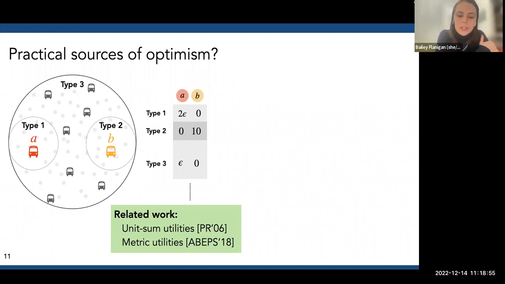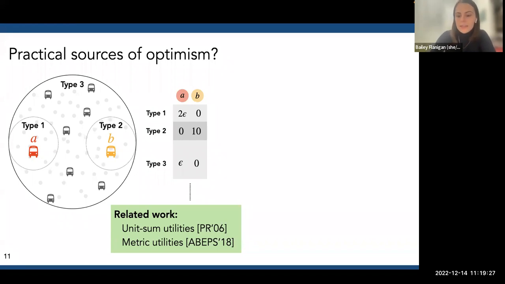So let's in particular look at unit sum utilities, which is an assumption that basically says that every single voter will have the same sum of utilities across the alternatives. And as it should, this assumption removes this example, right? Because voters of type 1 and 3 have almost no total utility across the alternatives. And we can't really promote this assumption because we can't really control how much people lose or gain from decisions. So we have to ask ourselves, do we think that this condition already exists in the population?